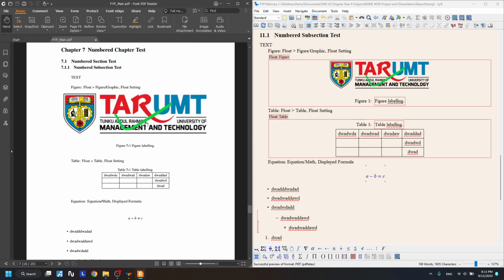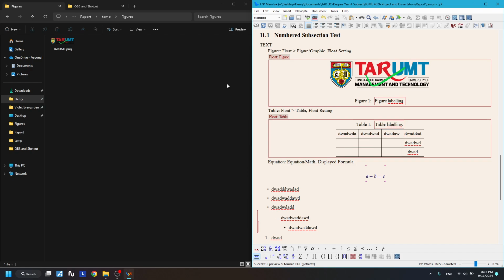Okay. Yeah, so now everything is on the center already. Then we are going to talk about cross references basically. So the next one that we need to set is label,